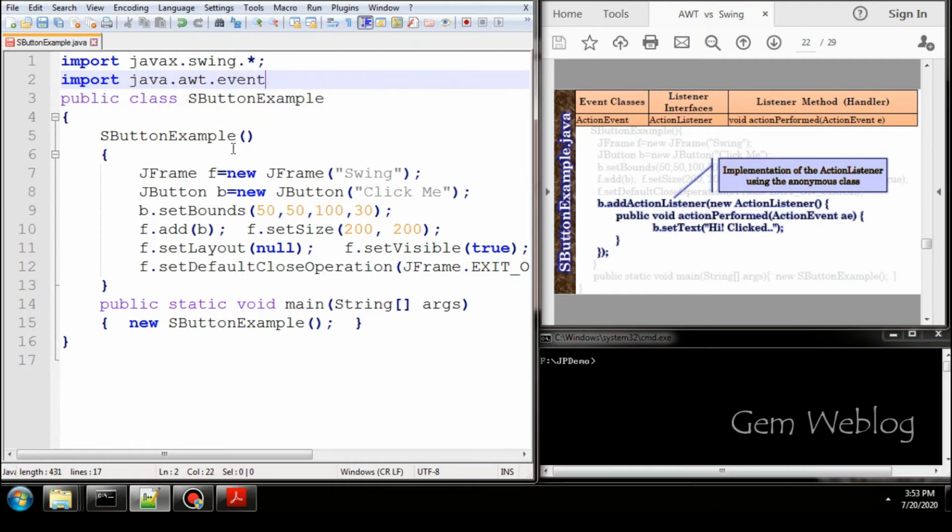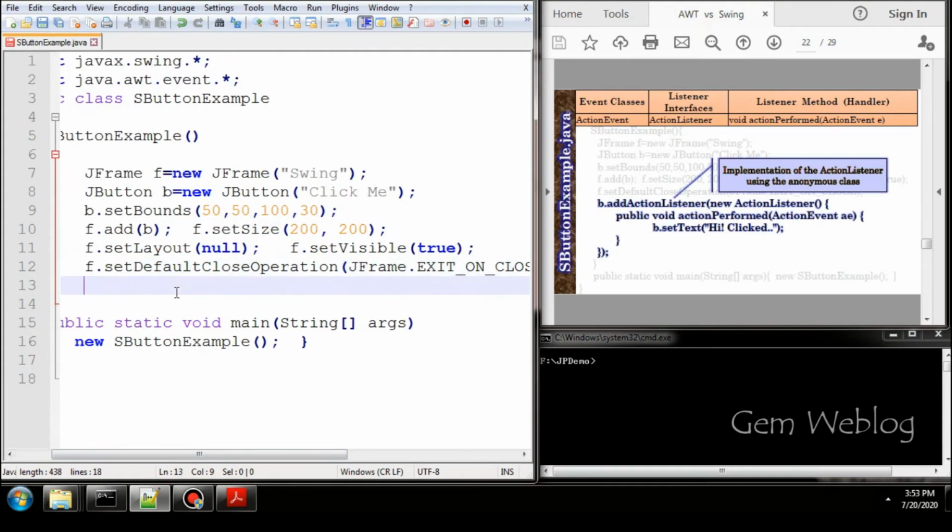Two ways you can handle it, either by implementing the interface directly into the program or using an anonymous class. First we will go for implementing the interface using an anonymous class.